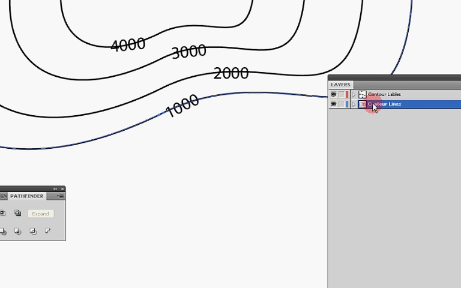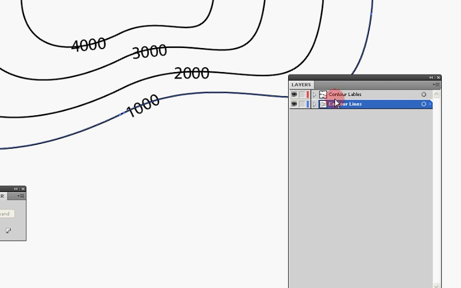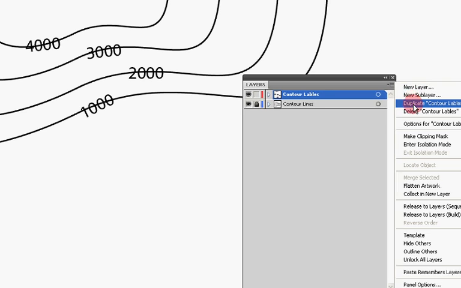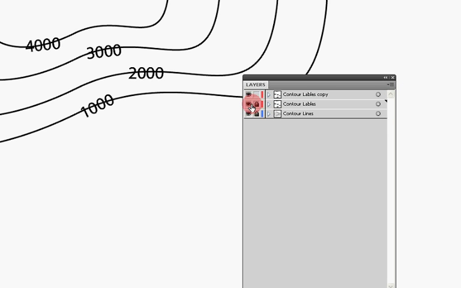So we look over here in Layers. We just have a couple of layers, contour lines and contour labels. We're going to lock our contour lines. And contour labels we're just going to highlight, and in the drop down we're going to duplicate it. So there we go. And I'm going to lock my original contour labels layer and make it transparent with the eyeball. And then I'm just going to highlight that and select all of them with the little